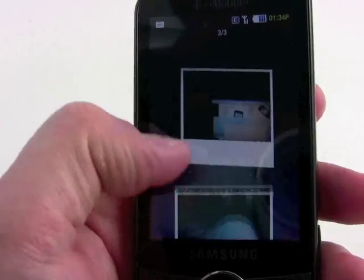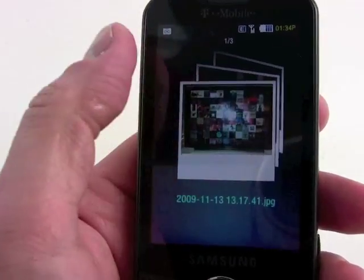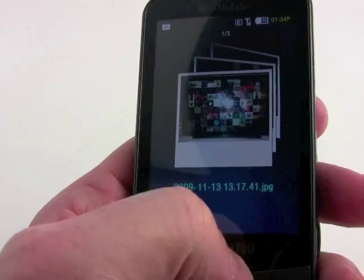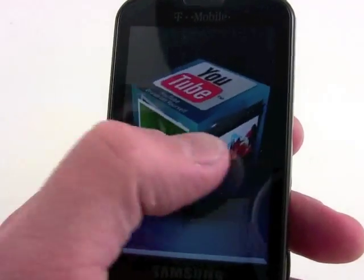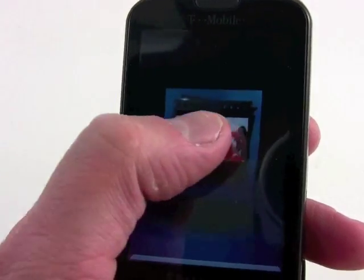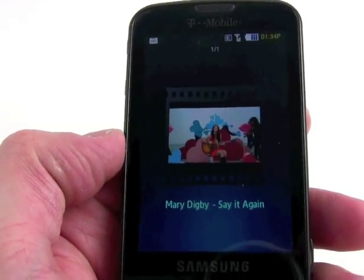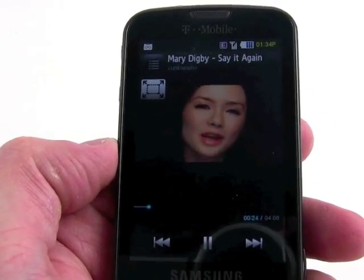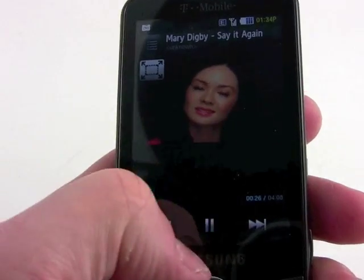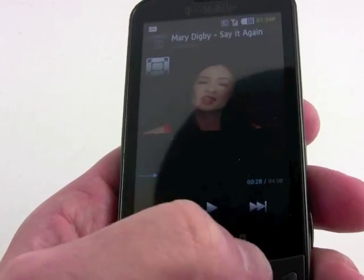So you can see some pictures, and we have a really nice graphical user interface showing you all your images. Going back, let's say we want to look at the movies. We could do the same thing. There it shows us a movie, and we'll press that, and the clip automatically starts playing. Pause that, head back out,